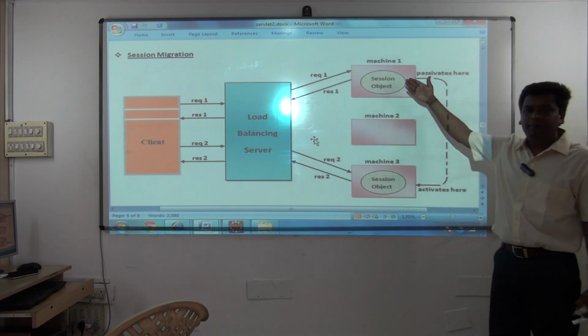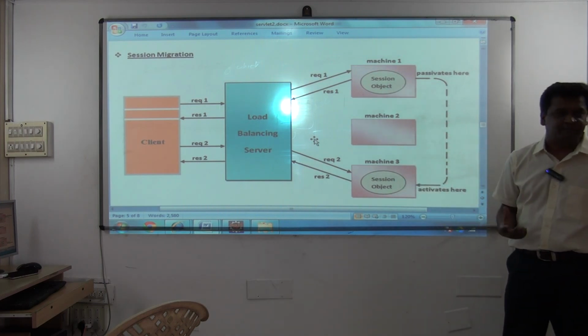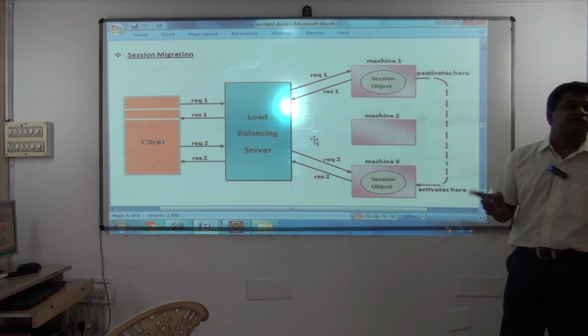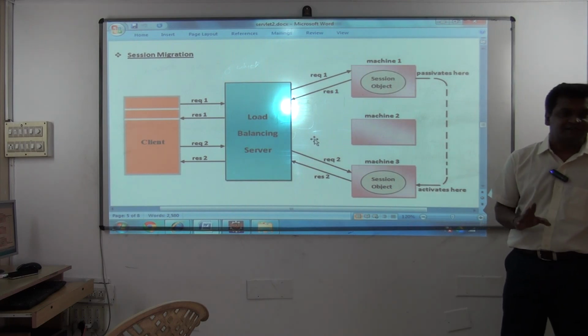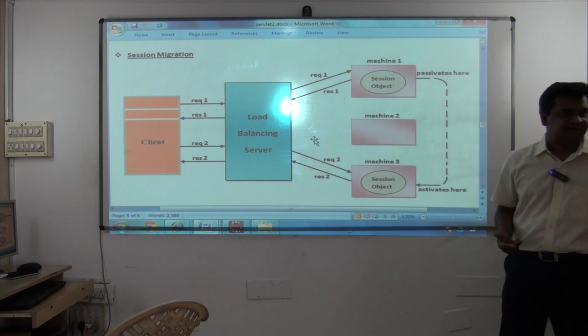And remember, deploying an application on multiple machines is called what? Clustering of JVM. Deploying an application in multiple JVMs is called clustering of JVM. Clustering is not supported by all containers because it is not in the specification. I told you this. Clustering is one more extra feature given to you by server vendors.